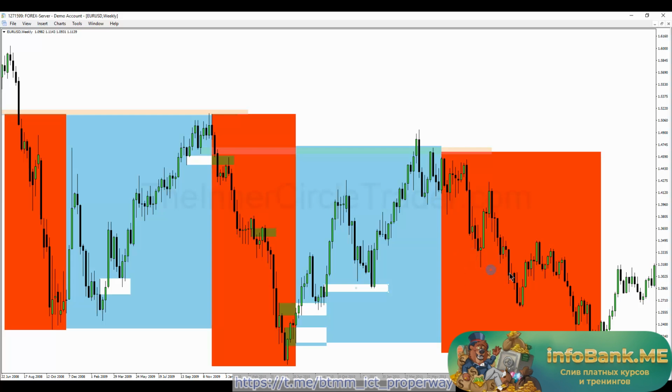Reaches for the liquidity below here, below the bodies of the candles over here by reaching down. And then ultimately reaches below these lows and back down into the bullish order block right over here, which is what we're seeing here. So if you start with your monthly and you break down into the weekly chart,